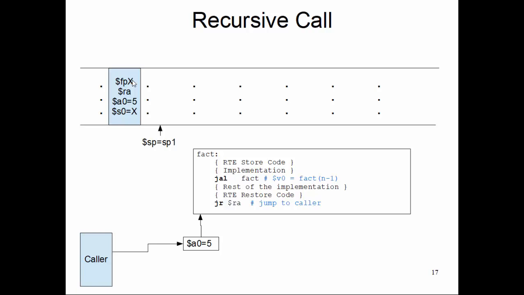I don't know what was the caller's value, but I'm storing it because I'm using them. So I am storing S0 into the frame. I'm just showing that A0 is 5, and that being stored means I'm storing the value 5 in the frame for variable A0 to be restored. And I'm storing S0 for the variable S0 in the frame so that I can restore. So at this point,